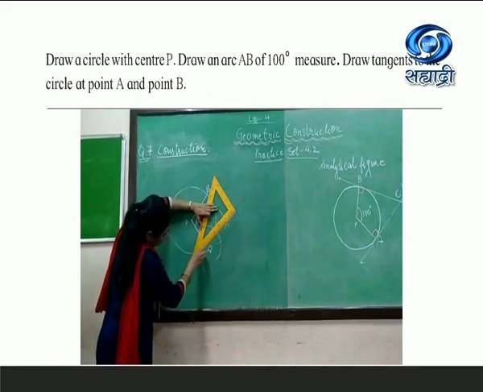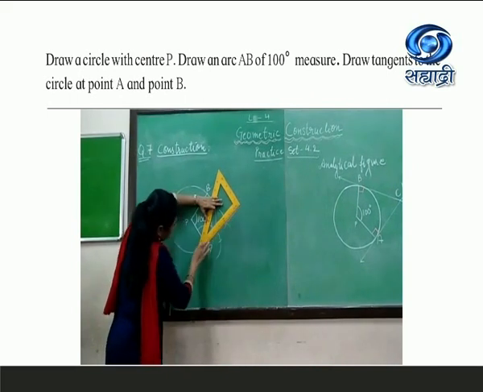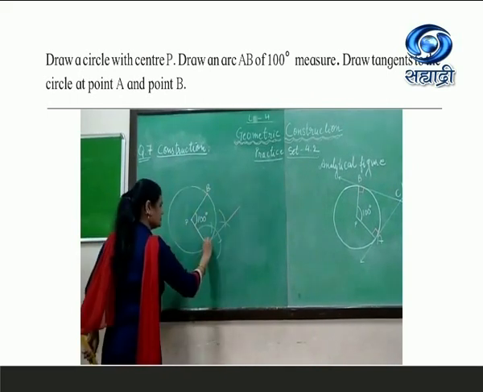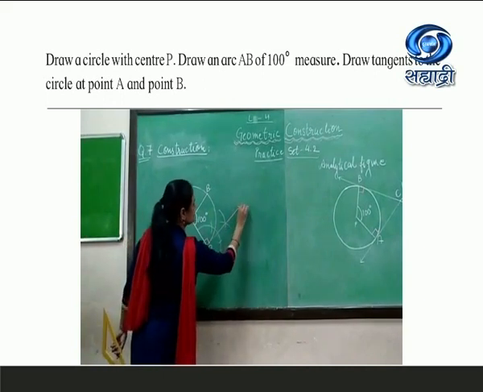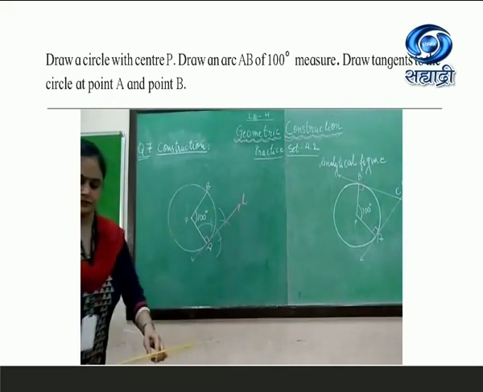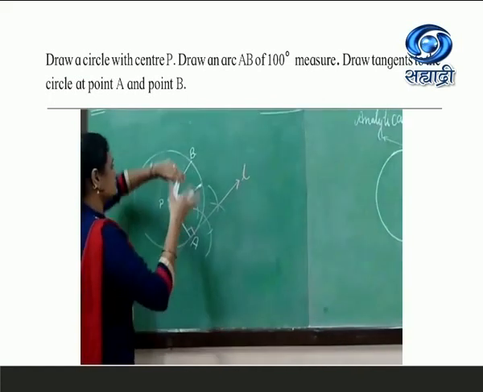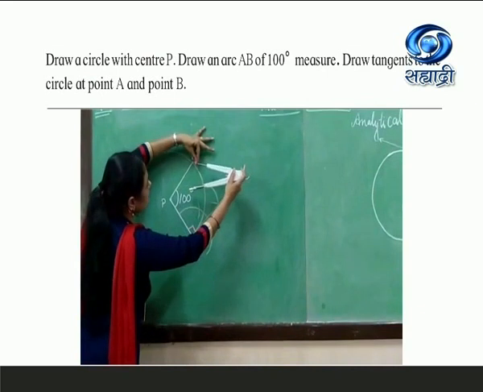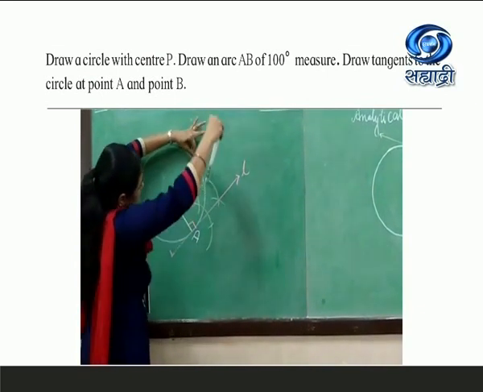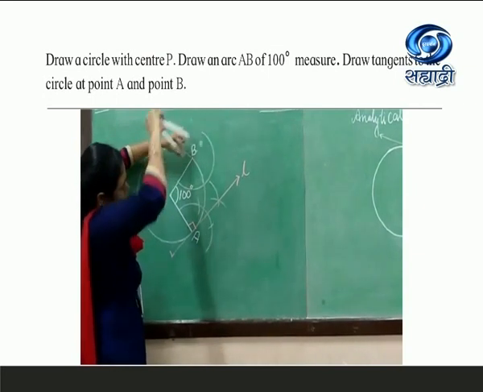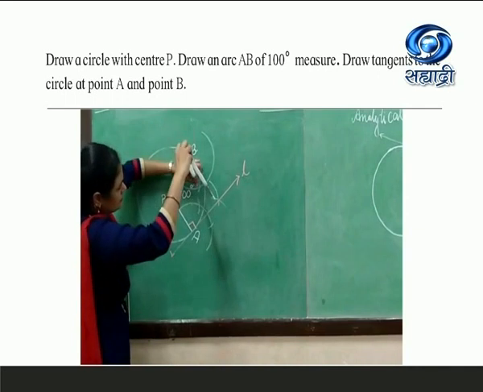You will get 90 degrees. So this is the tangent. Here you can name it L. Similarly, we are supposed to produce one tangent at point B. Again, I am repeating, you can use the construction of drawing a tangent using the center of the circle. That is one method. This is another method.